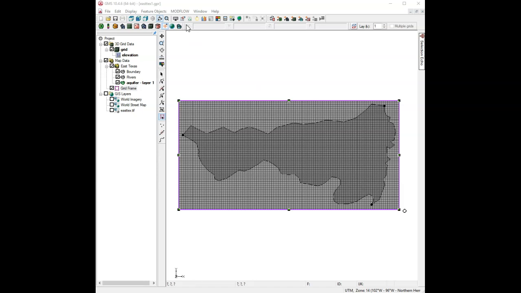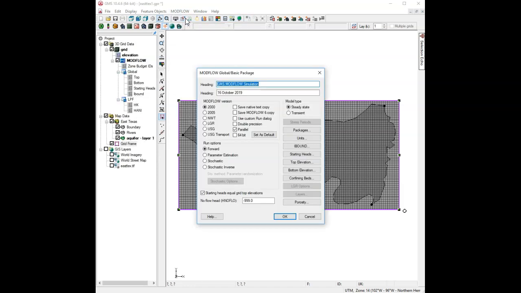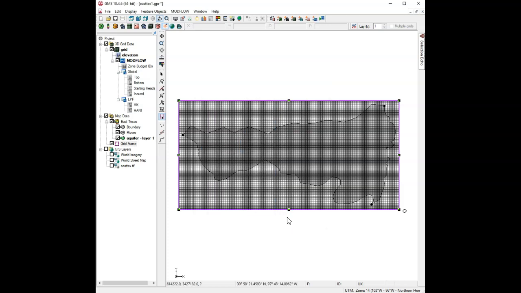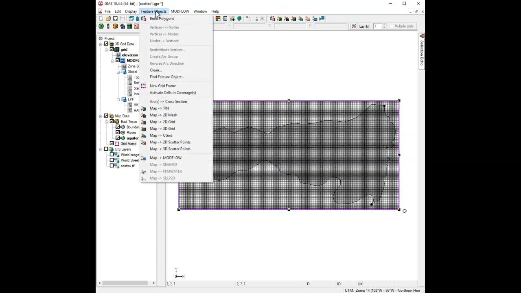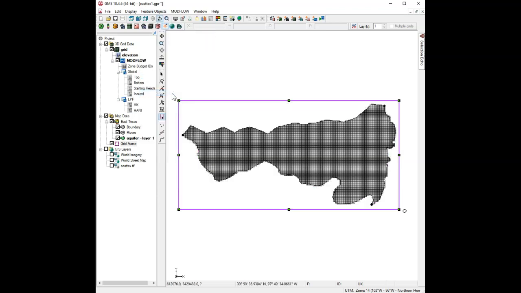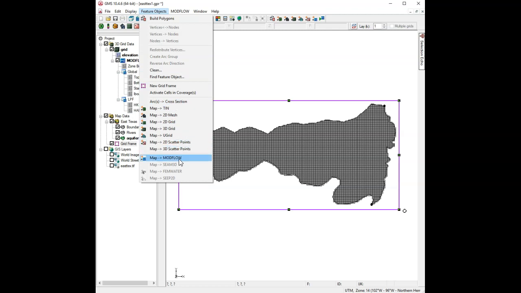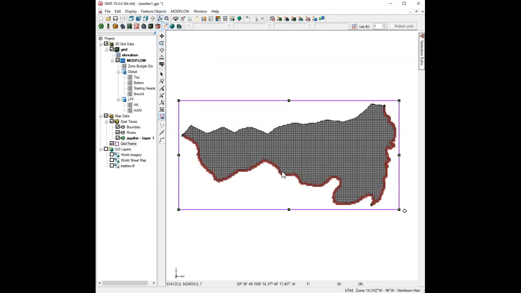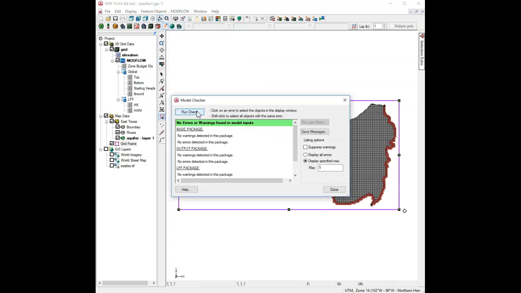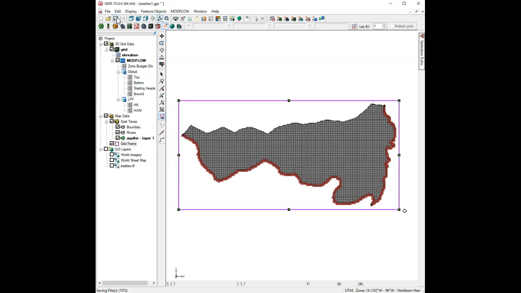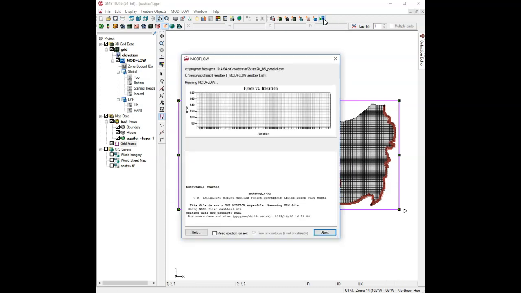Next we will initialize the MODFLOW data by selecting new simulation, and we'll just accept the defaults there. And then we say activate cells in coverage. That turns off everything outside our grid. And we say map to MODFLOW, and click OK, and that maps over our boundary conditions, our hydraulic conductivity, top and bottom elevations. And now let's do check simulation, and everything looks good. So we're going to save this one last time and then run MODFLOW,